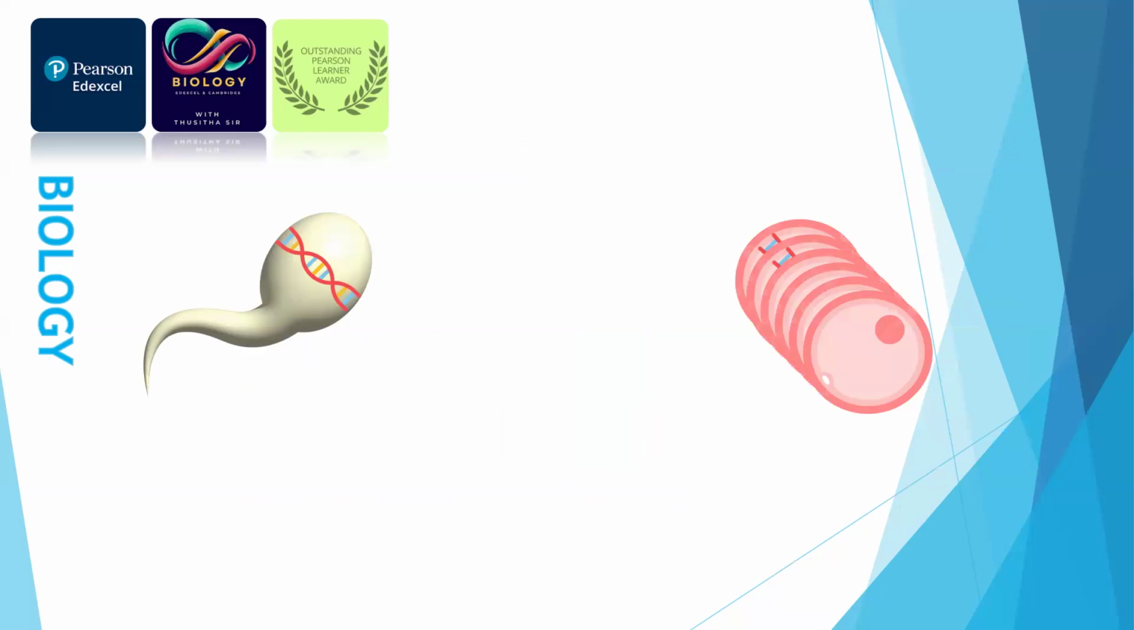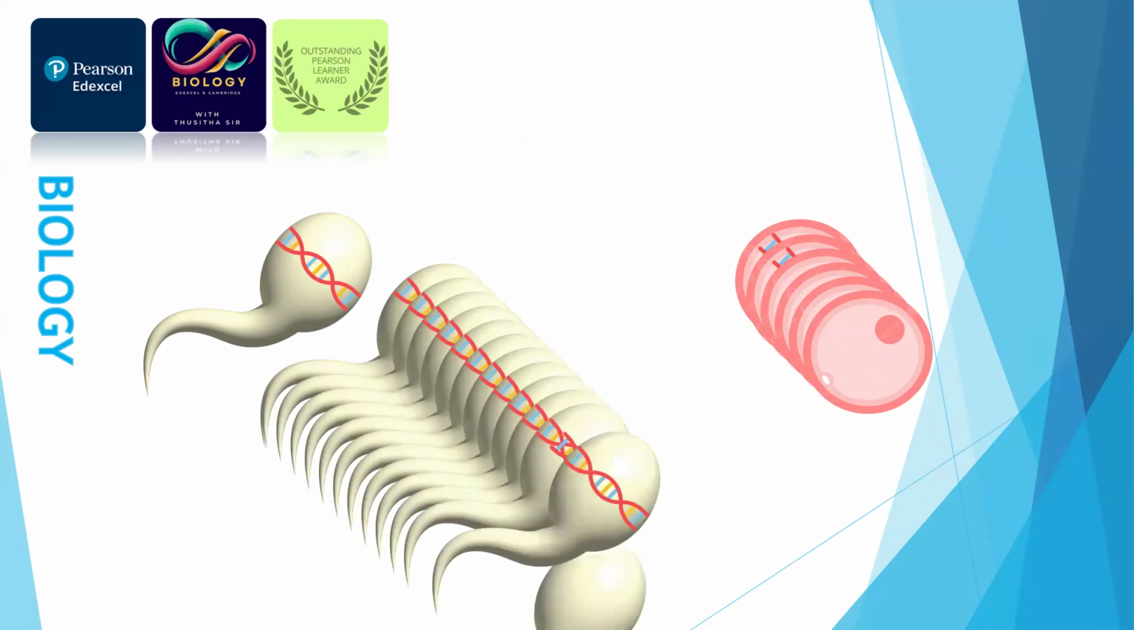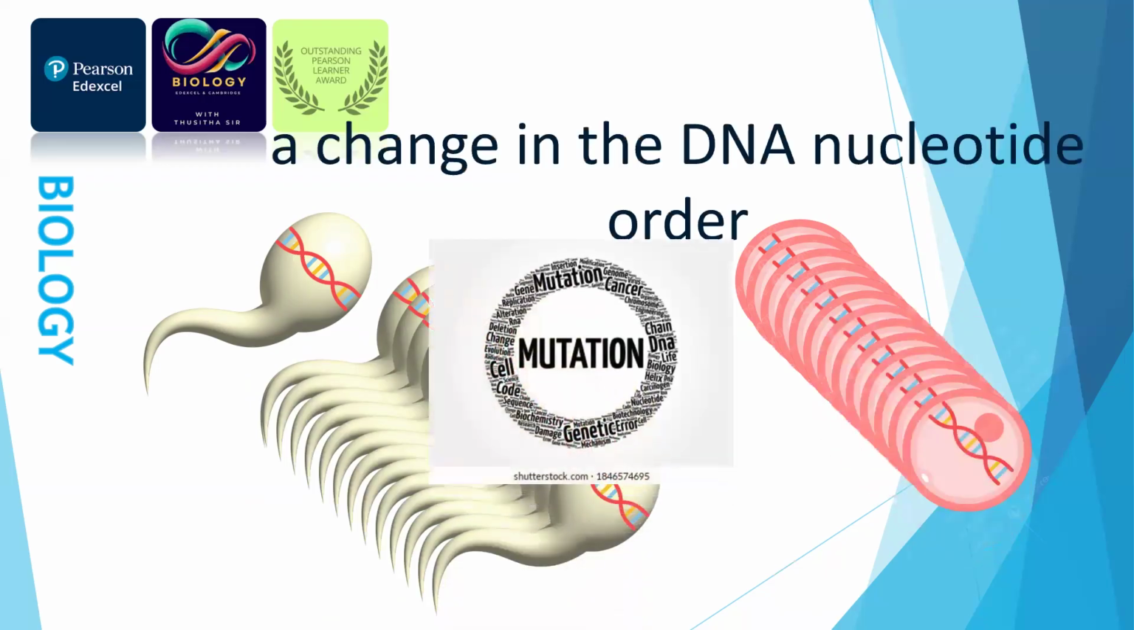So where does this happen? In gametes, sperm and egg cells, when they divide, DNA makes some kind of a mistake. We call it a mutation. A change in the DNA nucleotide makes a mutation. So mutations are sometimes good, sometimes bad. So for example,